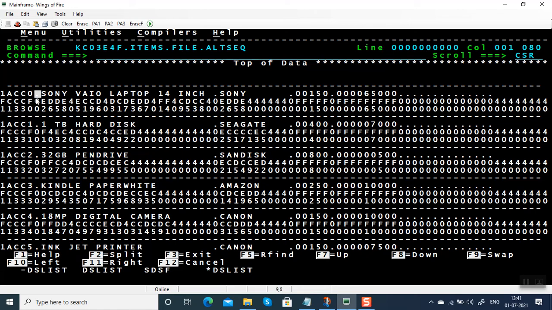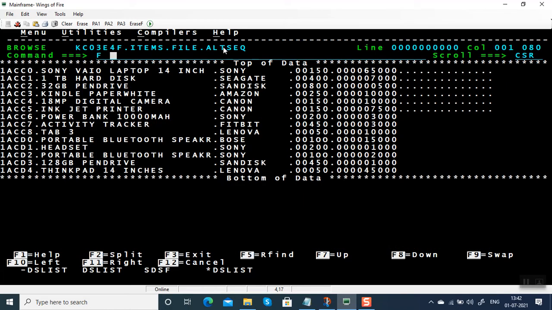You can see this dot. This dot has a hexadecimal value 00. Okay, this is the lowest value in mainframe. And the highest value is hexadecimal FF. FF is the highest value. I'm going to reset this. I'm going to turn hexadecimal off. Hex off. I'm going to find all hexadecimal 00.